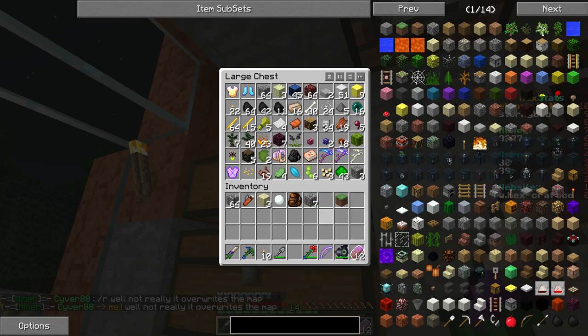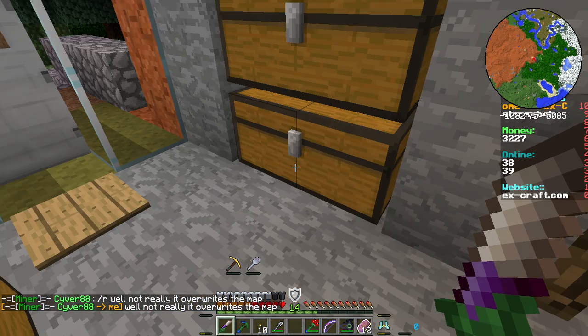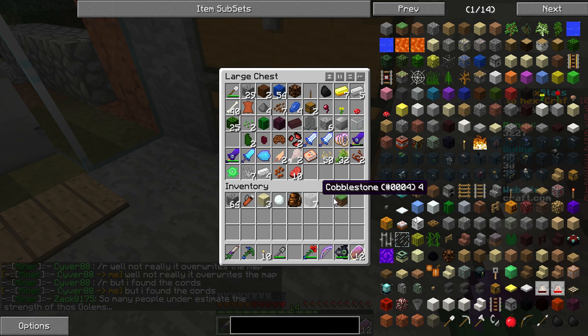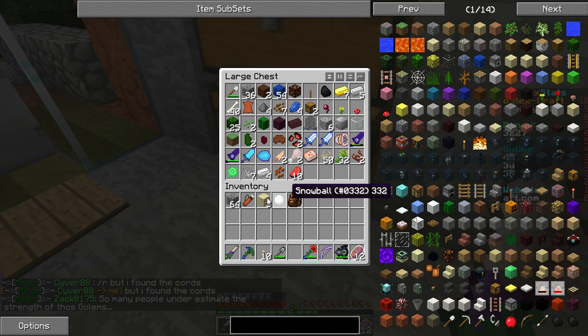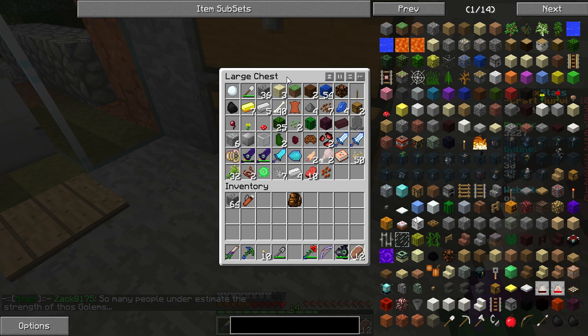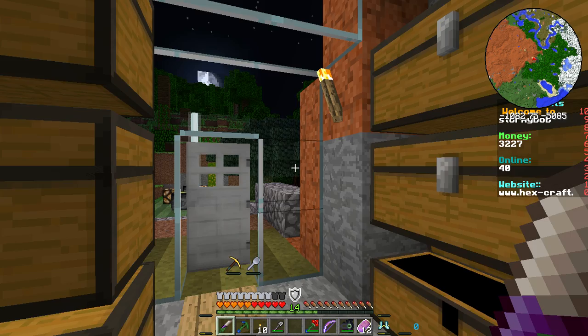Yeah, if you ever see me on the server, don't ever ask for anything from me, because A, with a trial mod I don't have creative mode. B, even if I did have creative, I wouldn't be allowed to, so...